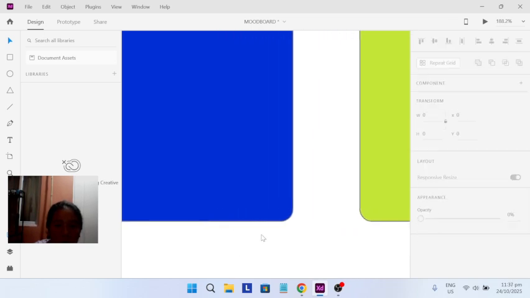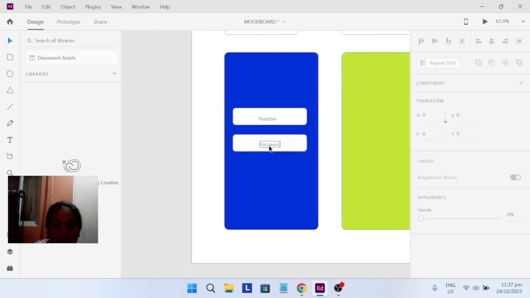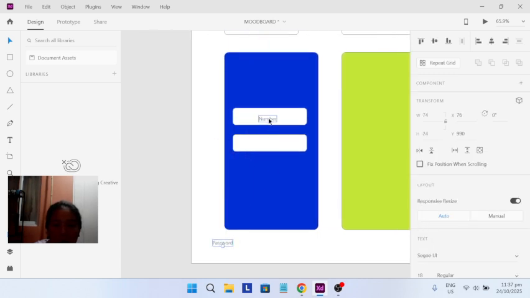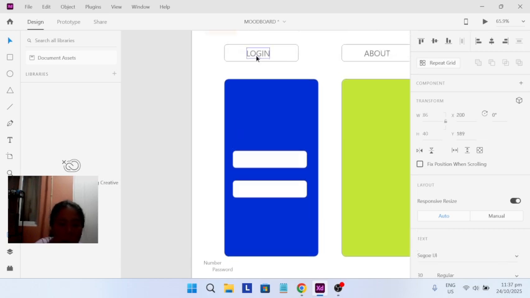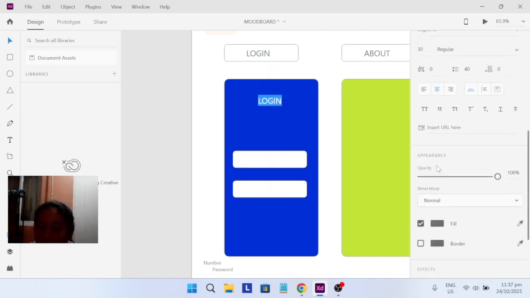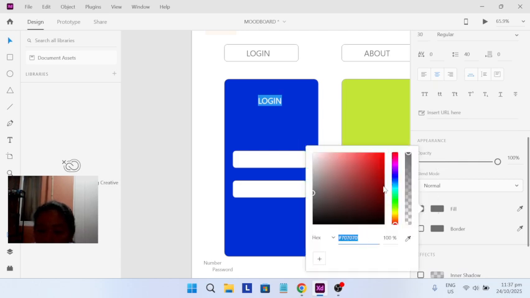And after that, set aside muna natin, kasi we are going to get this again. We'll put it here, the center. What color should I use? Something white.